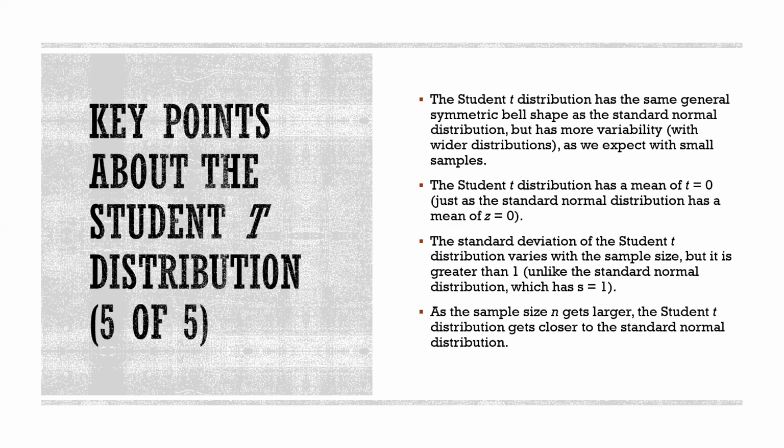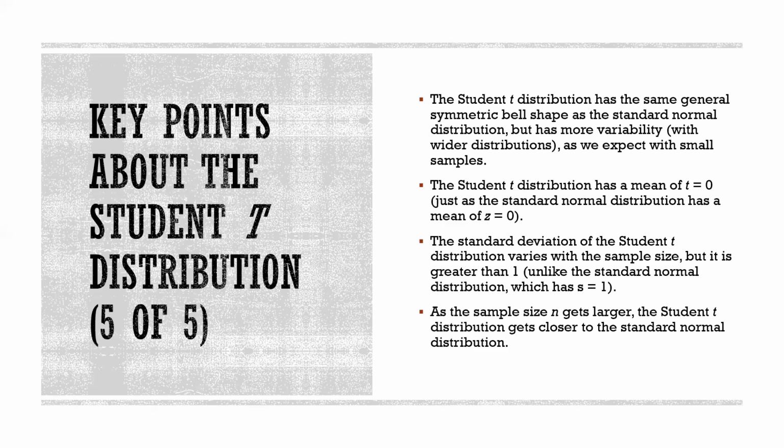All right. So every T curve is a bell curve, right? The normal curve is just the most common bell curve, right? So it's both symmetric and it is much higher in the middle than it is on the edges, right? But for a normal distribution, those edges are a little bit thicker. The T distribution has a mean of 0,